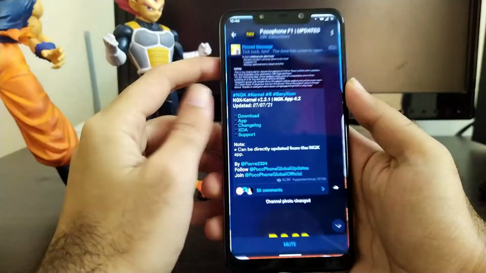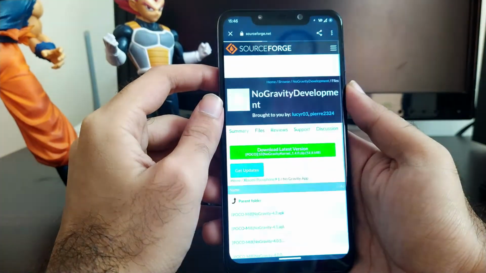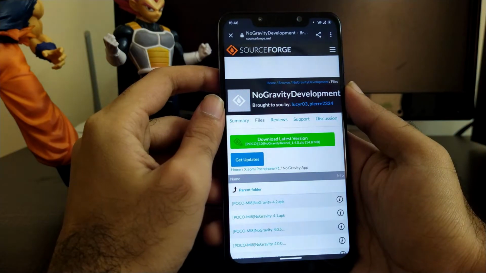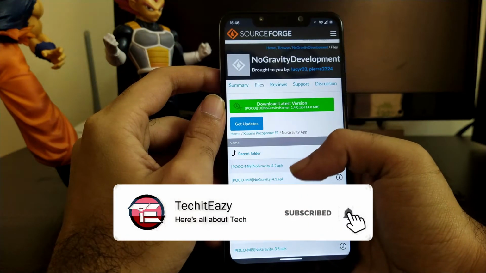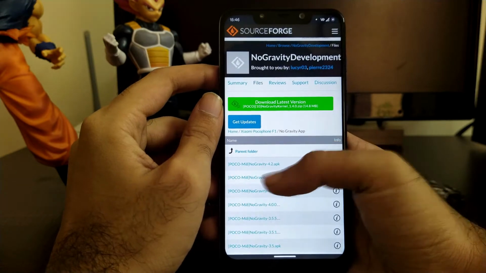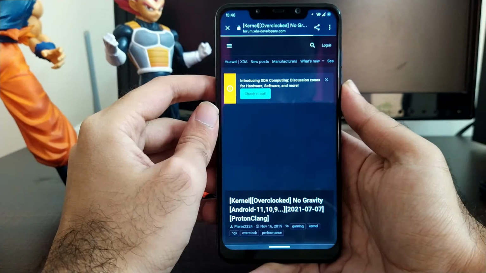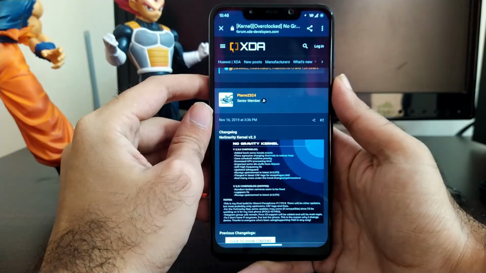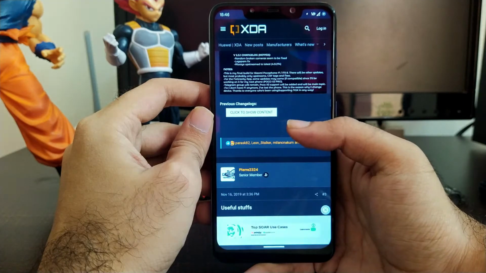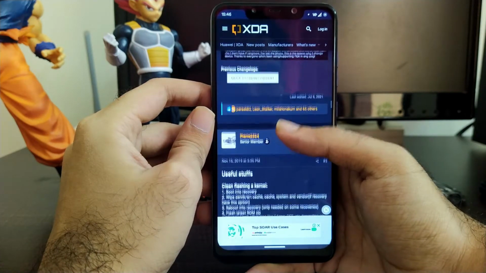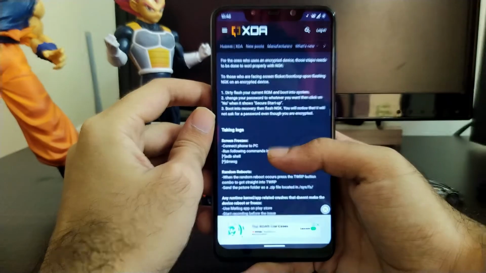Moving further, as you can see, this is another link which is saved as the application. Click on that link and you will get the APK file itself. You just have to download the latest APK file and you are good to go. This is the official XDA page of this kernel, where you will get all of the information in detail about what needs to be done, and also some of the configs and changelogs, including some screenshots too.